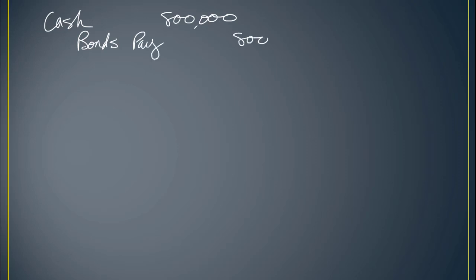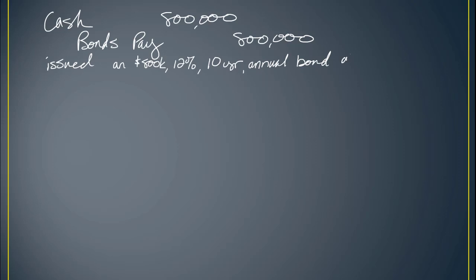So my journal entry, I'm going to get $800,000 in cash, and I'll record a bonds payable. And we issued an $800,000 12% 10-year annual bond at par. Next, I'll do my interest payments, and my interest payments are all going to look the same